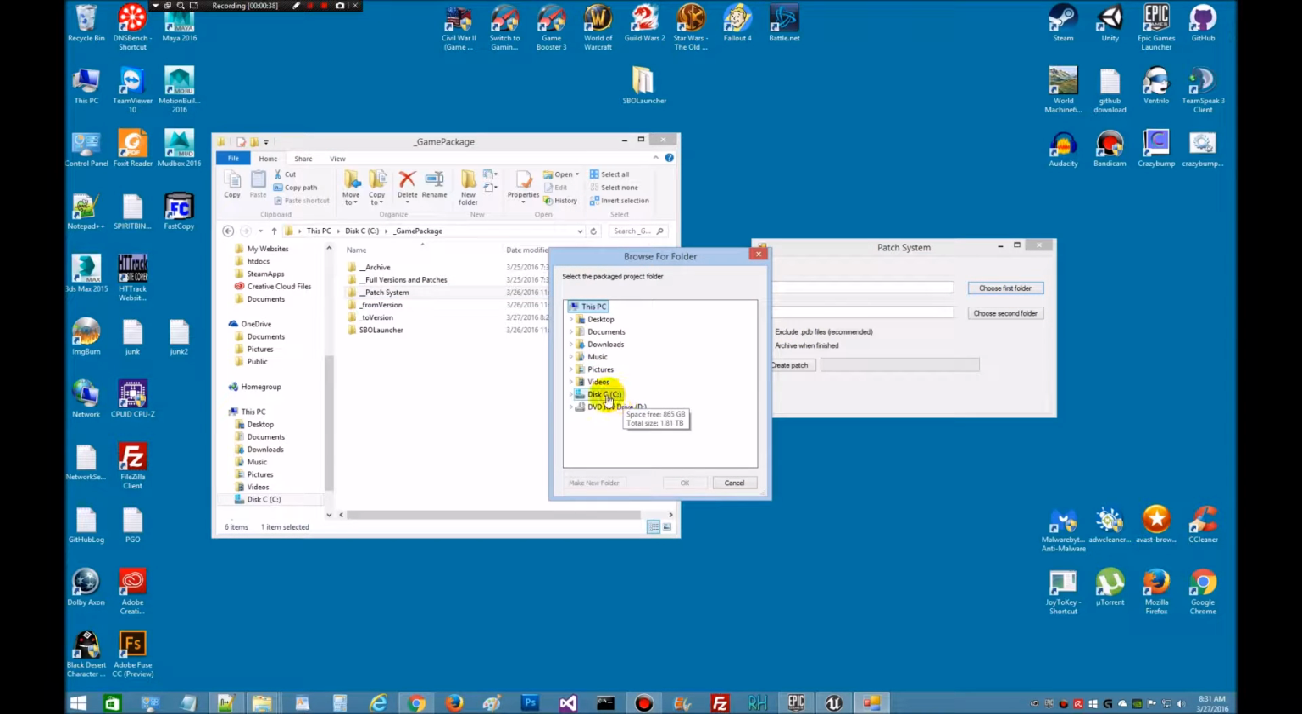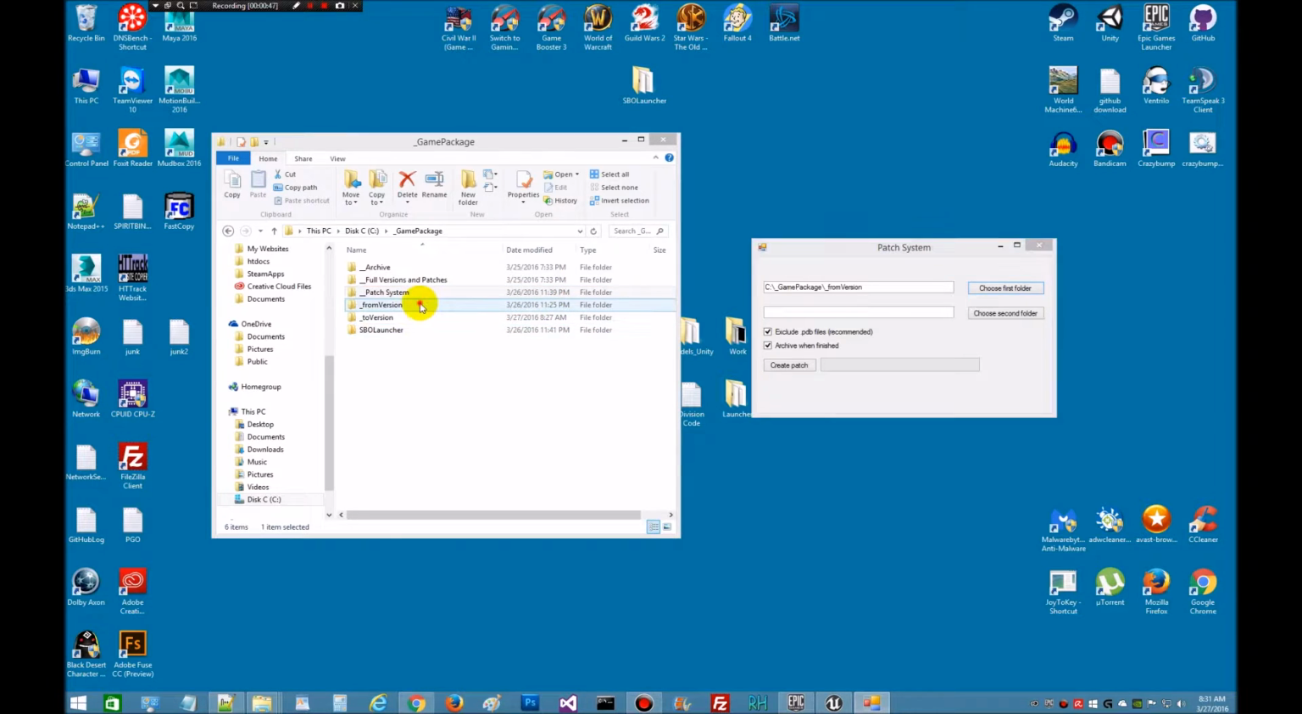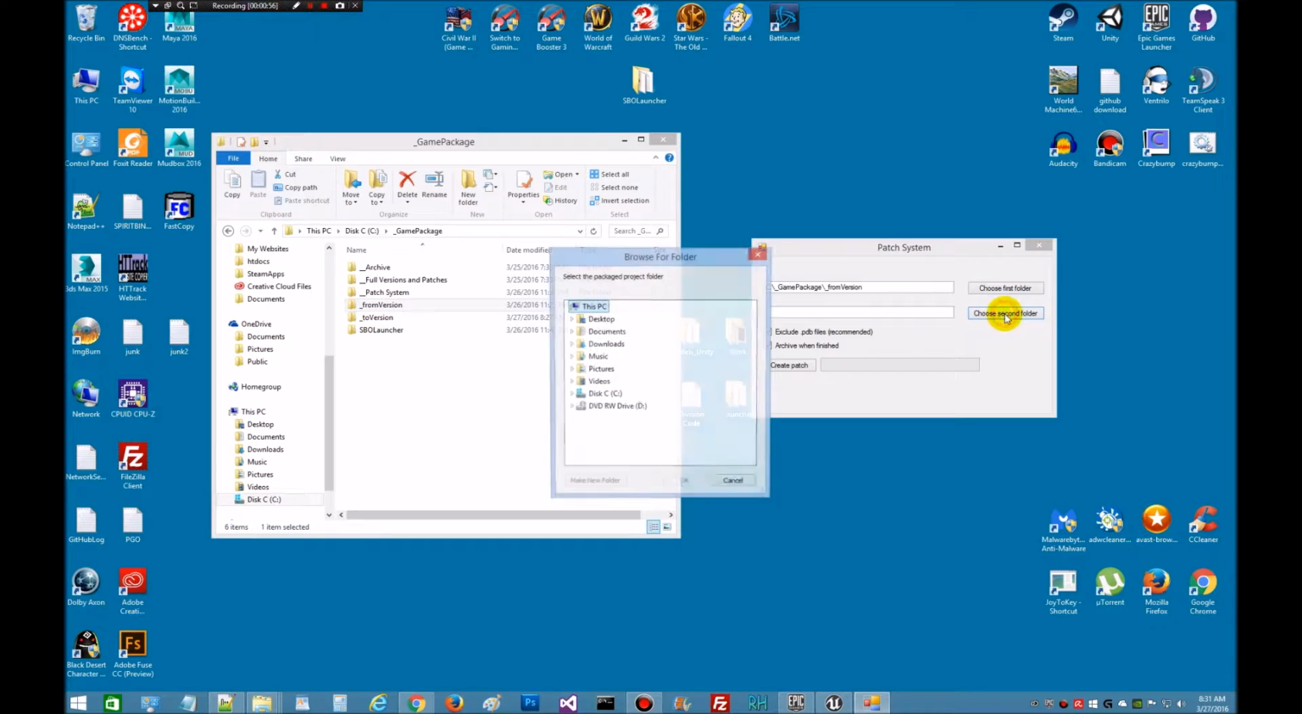From version. Alright, there's the from version. Remember, we're choosing the top directory, so you wouldn't go down here and choose this one. This would say Windows no editor, so we're choosing the one above it. Choose the second folder, to version,